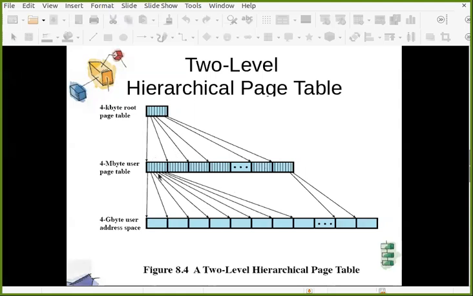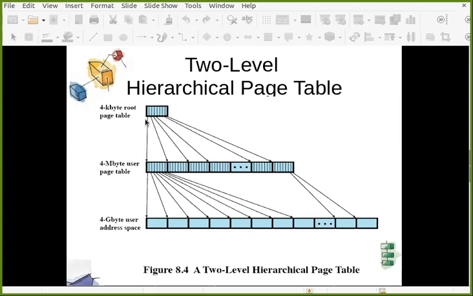So we are not going to put this page table in main memory because it requires 2 raised to 10 pages. So these 2 raised to 10 pages are again stored in virtual memory. But then you need to refer to these pages, the page table's pages. So again, you store one more page. And this page has entries where each entry refers to one page of the page table. Now how many entries are required in this? This is a 4 kilobyte page, right? There is only one page.